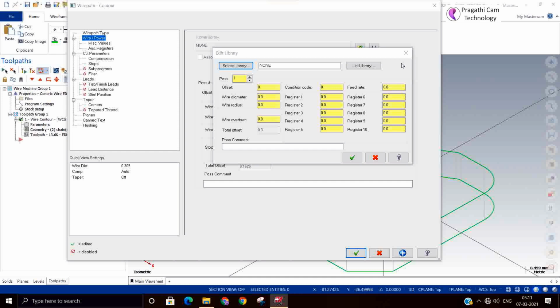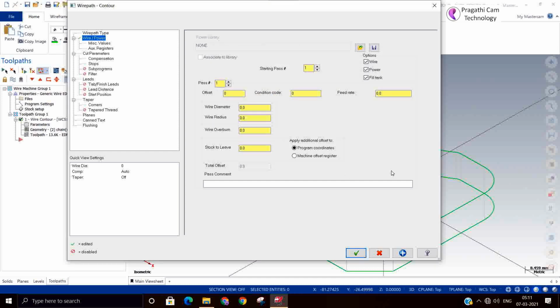So this is all about libraries. In both cases, you can either make the Power Library and use it, or otherwise you can directly type it here and use this.